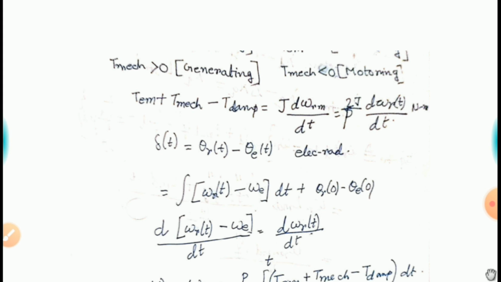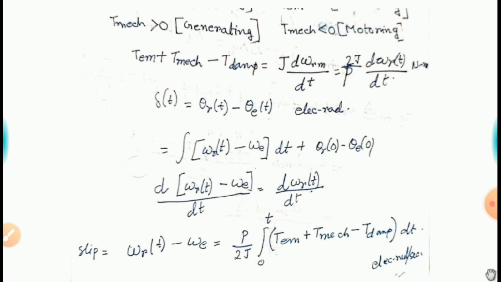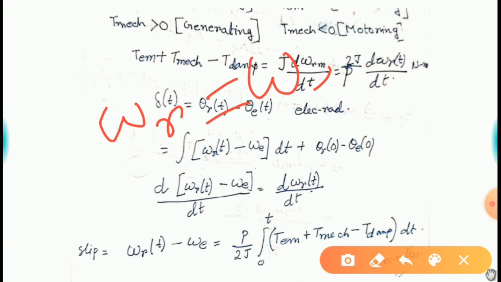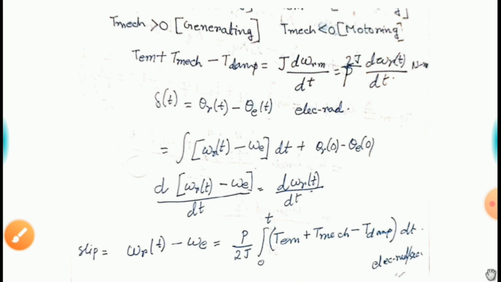Here one thing you must note is that in the case of a synchronous machine, your omega r is equal to omega e, and this is always true for a synchronous machine, except in a few cases, in your transient case. So from omega r minus omega e, you can see from this line that delta t is equal to theta r minus theta et. It is in electrical radians, that can be written as the integration of angular speed plus the initial angle difference, theta r minus theta 0. Now if we do that, what will we get,